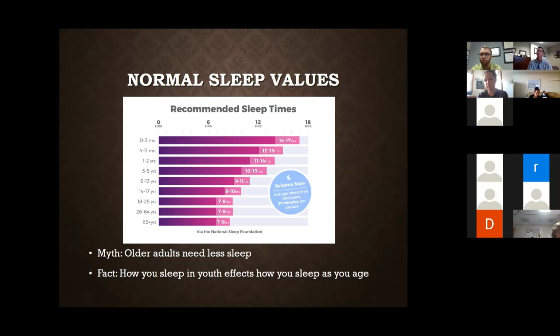They're not going to be able to catch up on their exercise because they're going to be too tired. They're not going to be able to do the CBT because their cognitive ability is going to be too slow. And so we're going to really want to tackle sleep, one, from a preventative stance, but two, early in the treatment of many, many diseases.